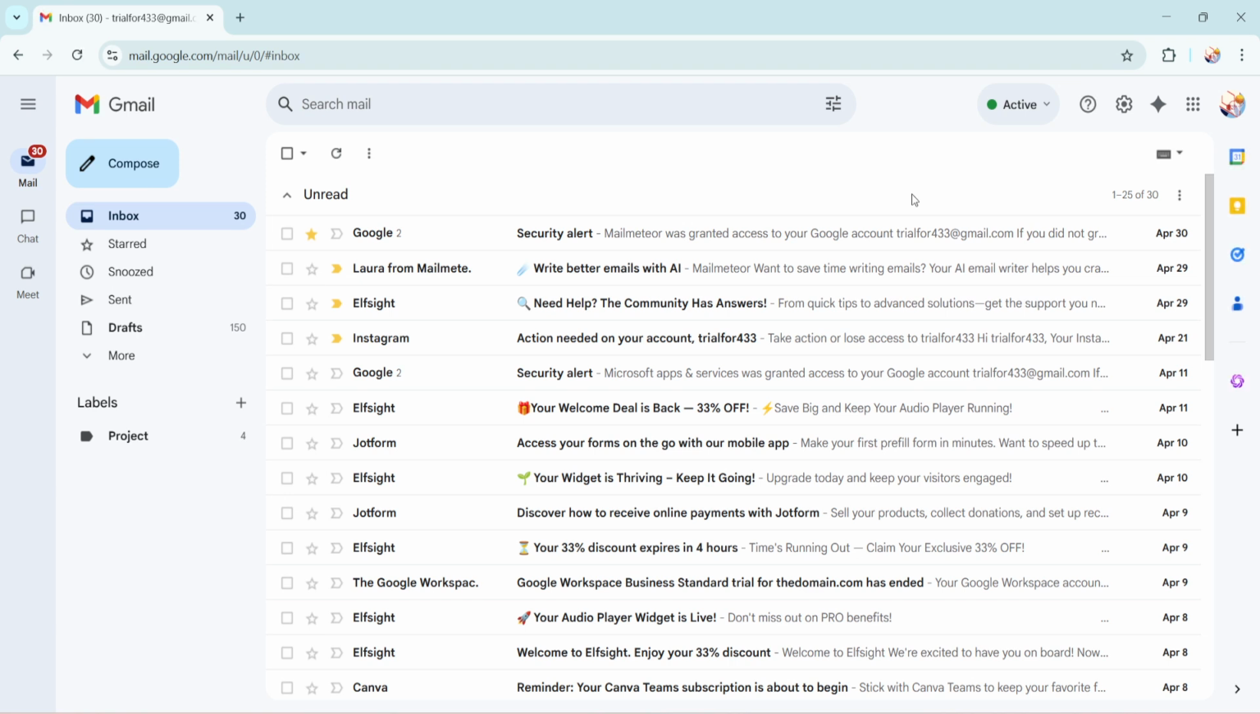And that's it. Opening Gmail is straightforward once you know the steps. By following this guide, you should now be ready to navigate your Gmail account with confidence. Remember, practice makes perfect, and soon you'll find this